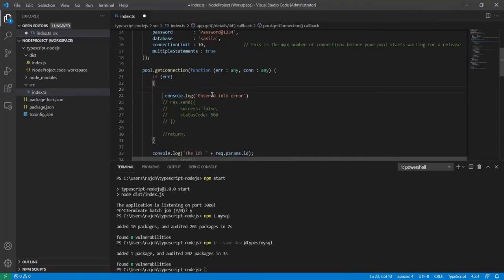So let me first remove this, and let me also uncomment this. If there is any error, then we can see this thing will be returned from here.